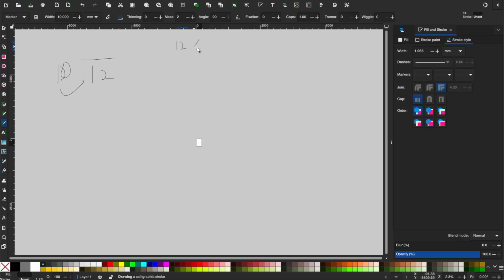12 modulo 10. So that's going to be 1 and 10, and this is going to be 2. So this is your output for 12 modulo 10. I will tell you, please be careful of this operator,